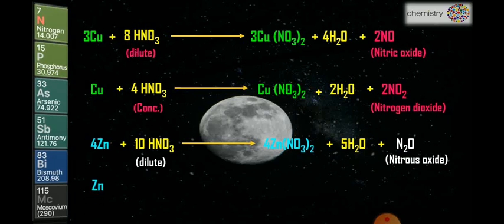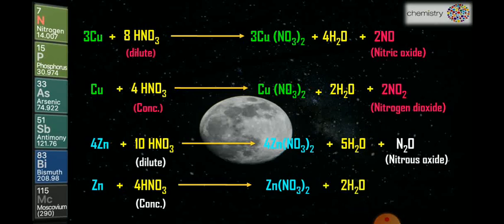Zinc on treatment with concentrated nitric acid: Zn plus 4HNO3 gives zinc nitrate, Zn(NO3)2, plus water as a byproduct, 2H2O, plus there is a formation of an oxide of nitrogen, that is 2NO2, nitrogen dioxide. Again, what's our conclusion? When zinc reacts with dilute nitric acid, there is a formation of zinc nitrate and nitrous oxide. Whereas, if zinc reacts with concentrated nitric acid, there is a formation of zinc nitrate